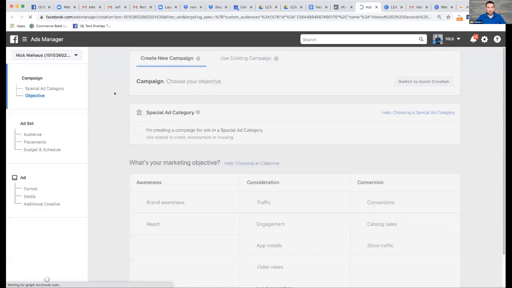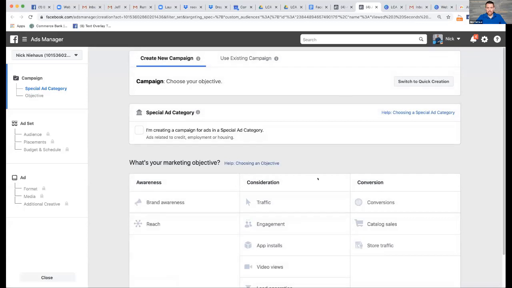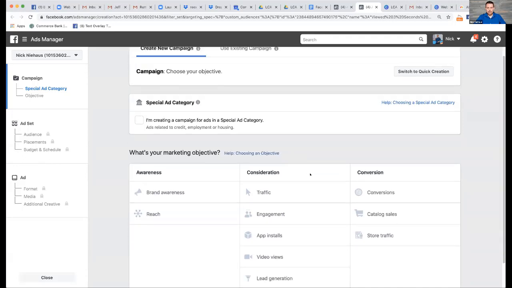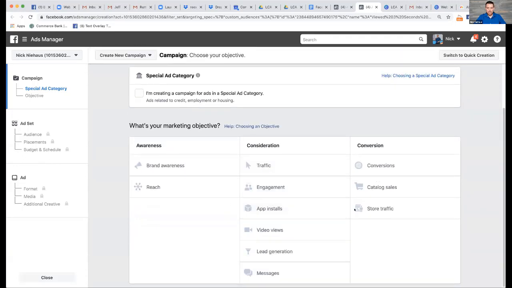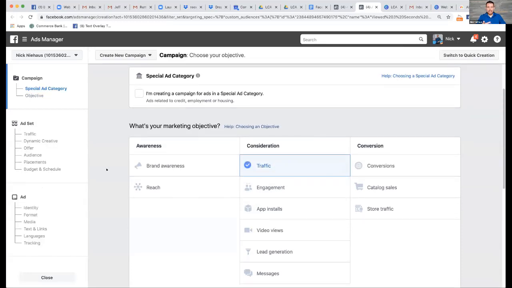And what this is now doing is I'm in a new campaign, but it's going to use that audience that I just created, right? So I have my first ad, which is showing my first video to all these people. And now this ad that I'm setting up is showing to just the people that watch 3 seconds or more of that initial video, right? So in this case, I'm actually going to use a different objective. What I want people to do in this case is I want traffic. Because this second ad is an example of something that does work.